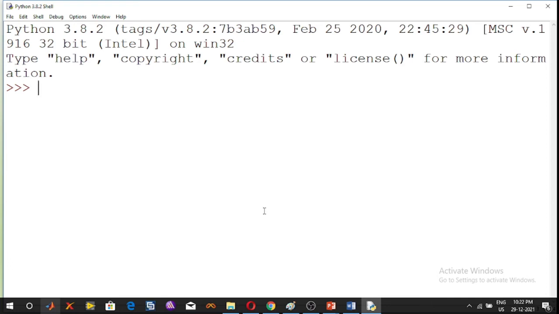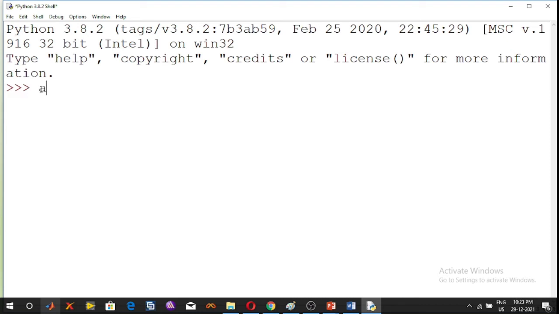We can use any text editing software to write a Python script file here. In the search bar, type IDLE Python and then press the enter button. A Python shell will be displayed on your screen, and after a short message, here in my laptop Python 3.8.2 version is installed. This is the version. After a short message, it will display the Python command prompt. This notation is called the Python command prompt. In this Python command prompt, we can type the program.